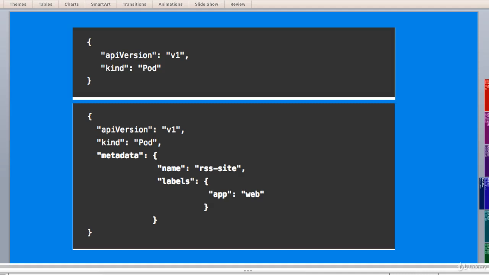So YAML is a superset of JSON, which means that any valid JSON file is also a valid YAML file, and that's a key thing to understand. On the one hand, if you know JSON and you are only ever going to write your own YAML, you are all set.